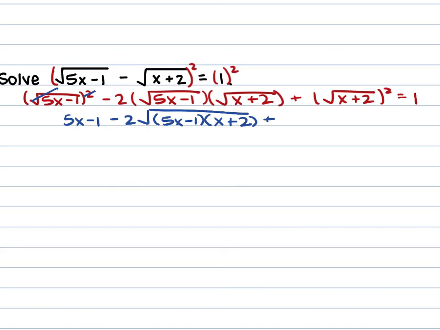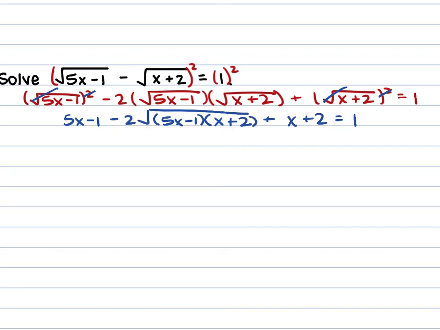Then we have that square root of x plus 2 squared. The power cancels out the radical since they are the same index and the same power. And we just have x plus 2 left from that. And it's still equal to 1. From here, we can combine our like terms on the outside of that radical as well as FOIL the inside